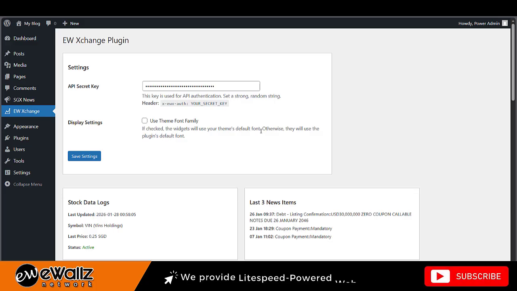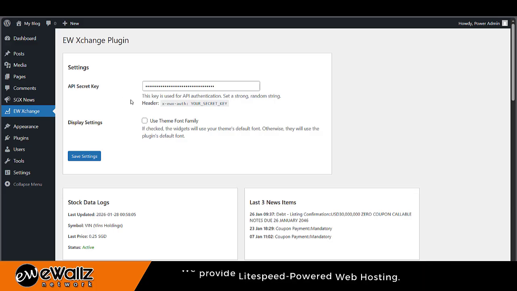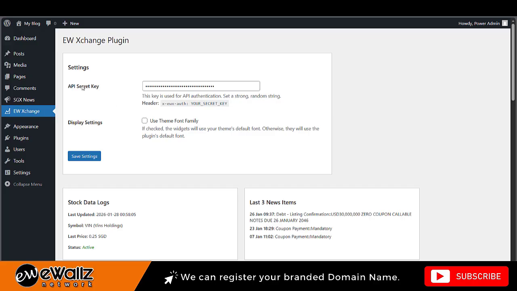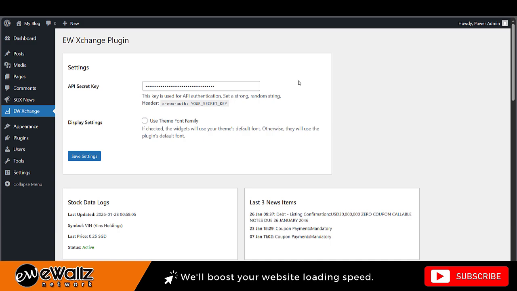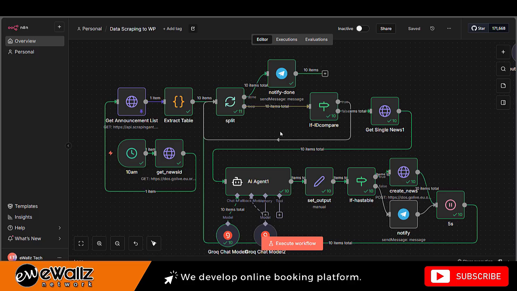So what does this plugin do? It has very basic settings. We have the API secret key, which is used for the end-to-end automation to pass the data after the site scraping. The flow is end-to-end: we have the end-to-end workflow to do the web automation and all the scraping.